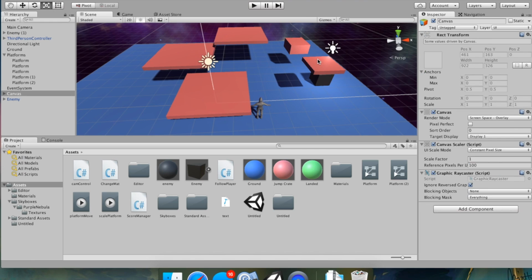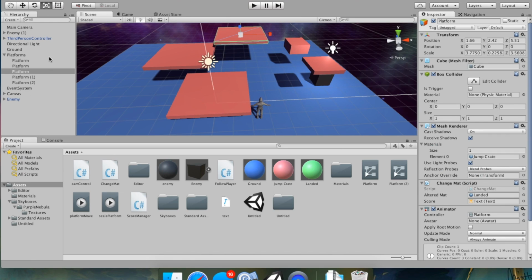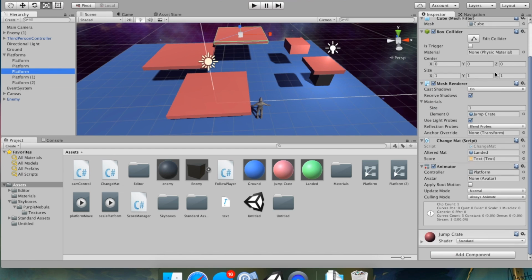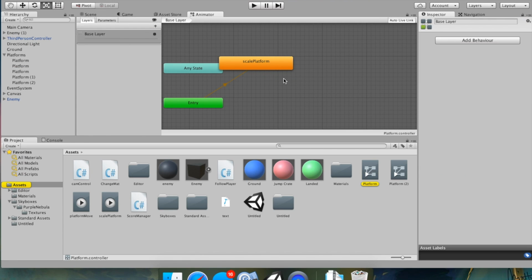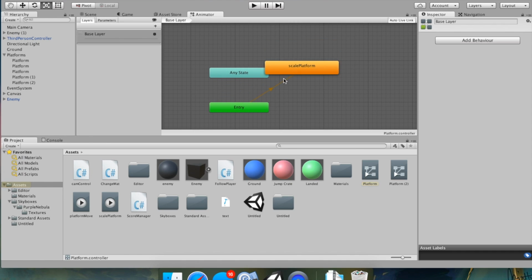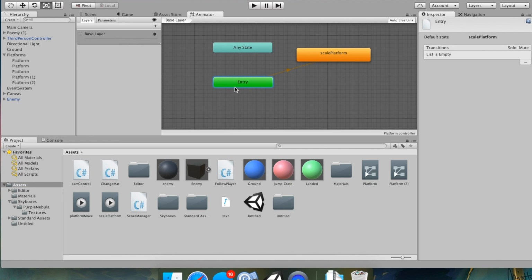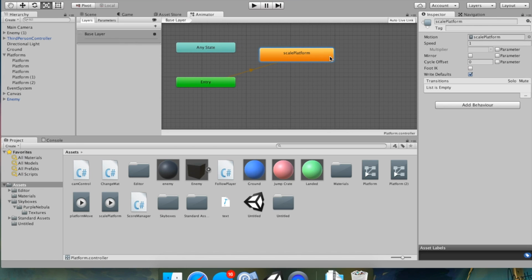Okay, so with those two animations done, actually let me show you the animation controller really quickly. If you select one of those two platforms you just animated, then in the inspector pane, there should be an animation or an animator component, and if you double click on that, it will bring you to this animation state machine view. Basically, all you need to know is upon entry, it'll make the transition to this